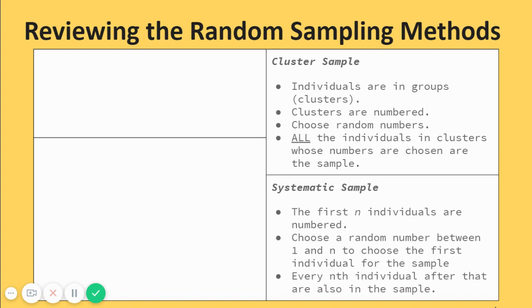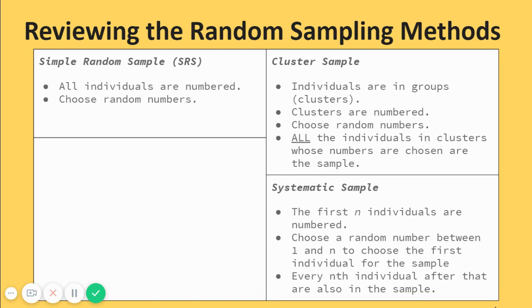And after that, we just add 10 more, and then 10 more, and then 10 more, until we have our appropriate sample size. Simple random sample: we number every individual in the population. We choose random numbers equal to the number that we want for our sample,